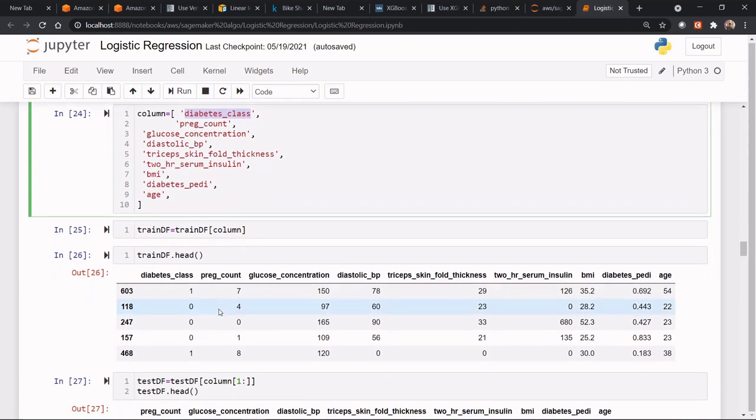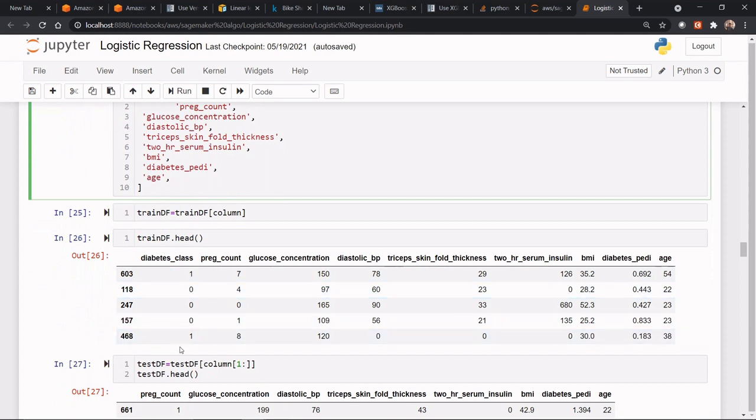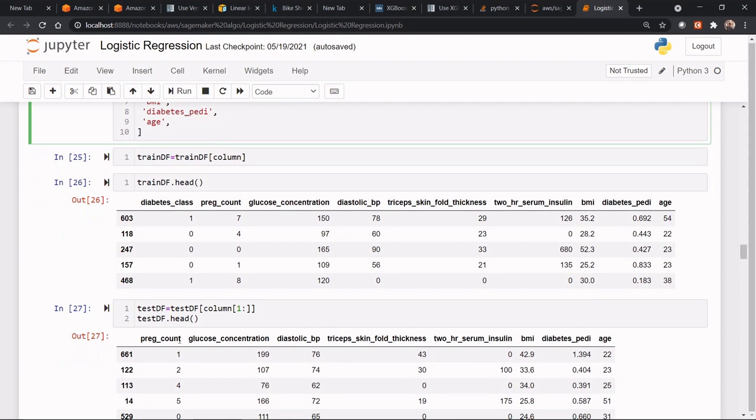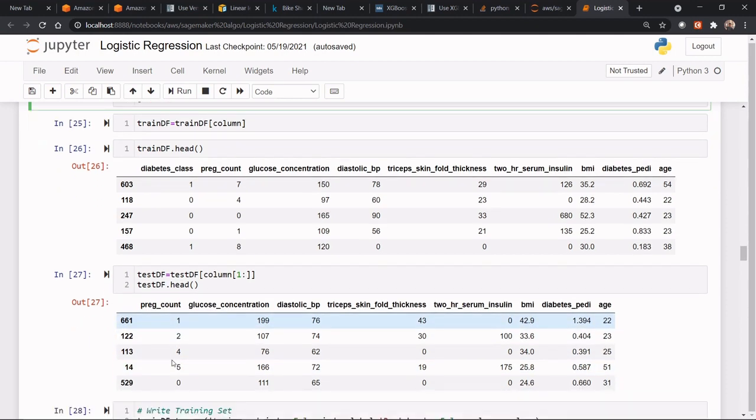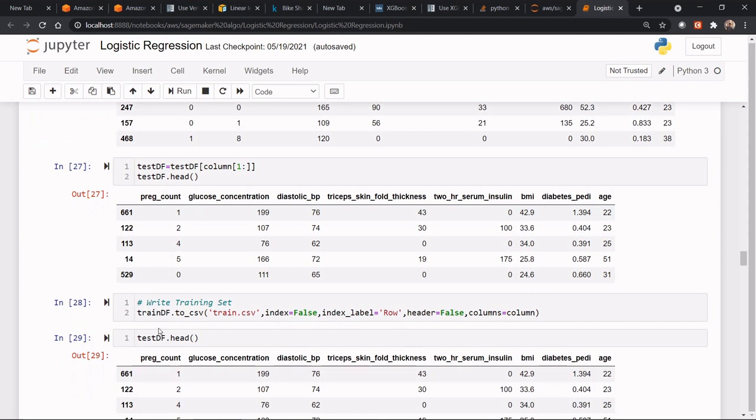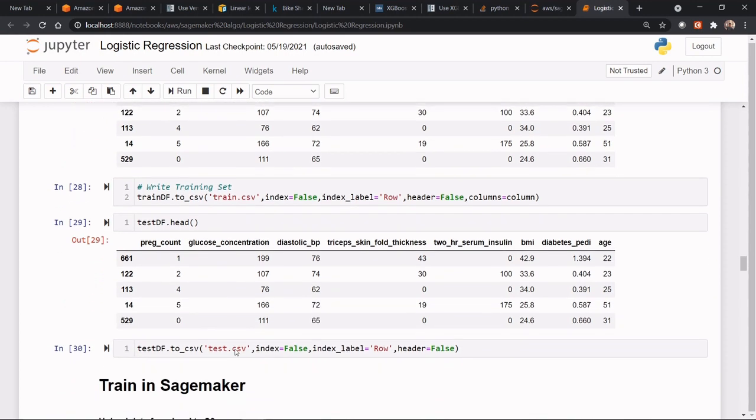So here you can see my diabetic class, and this diabetic class comes in the first column. Similarly for the test data set. However, in the test data set you can see we don't have a diabetic class because that we need to predict, right? And now my next step is to save this clean data into the local SageMaker instance in CSV format. So that's the reason I have saved it into a train.csv, and even the test data set,